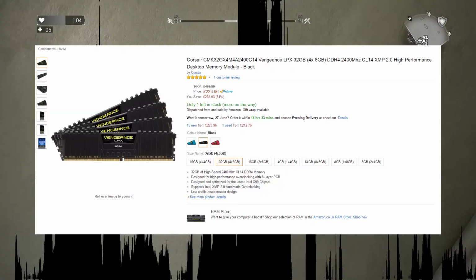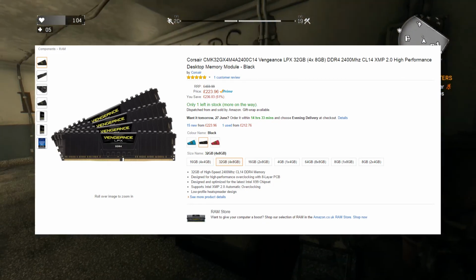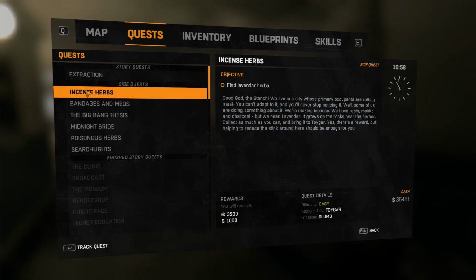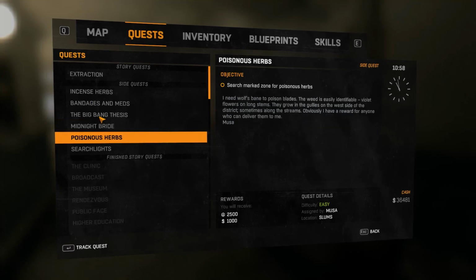And for the RAM, as I mentioned before, this motherboard and CPU do support quad channel memory. So I chose the Corsair Vengeance LPX 32 gig kit, which is four 8 GB DIMMs at 2400 megahertz, and it's DDR4, as the 2011-3 CPUs only support DDR4. So they're a bit more expensive at £230,